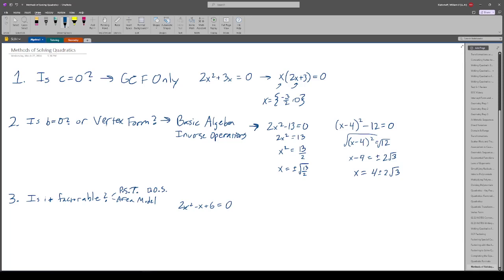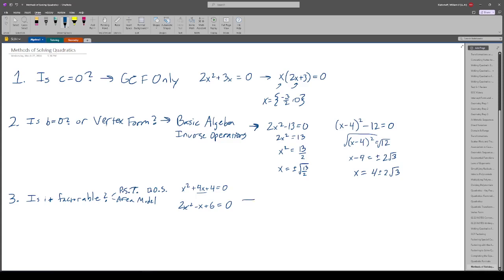Also, perfect square trinomial, you know what those look like, the one that has a perfect square at the beginning, and then something like 4x plus 4 equals 0. So we have a perfect square at the beginning and the end, and the middle number is the right one to make that work. So this one, like the kind of thing we've been doing with the area model where we say